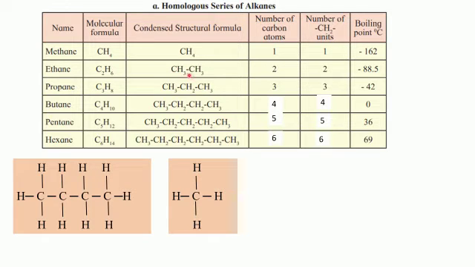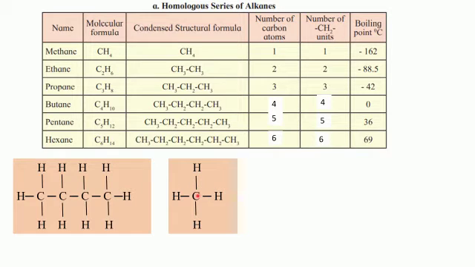Or simply you can just add one CH2 group now. Every time you add one CH2 group, you will get the next member because it's a homologous series. So butane has got CH3, CH2, CH2, CH3. Pentane, CH3, 2 CH2 from the previous one, and one new CH2 group we have added. So we have got 1, 2 and 3 CH2 groups, and again CH3. Hexane, CH3, 1, 2, 3 and 4 CH2 groups, CH3.